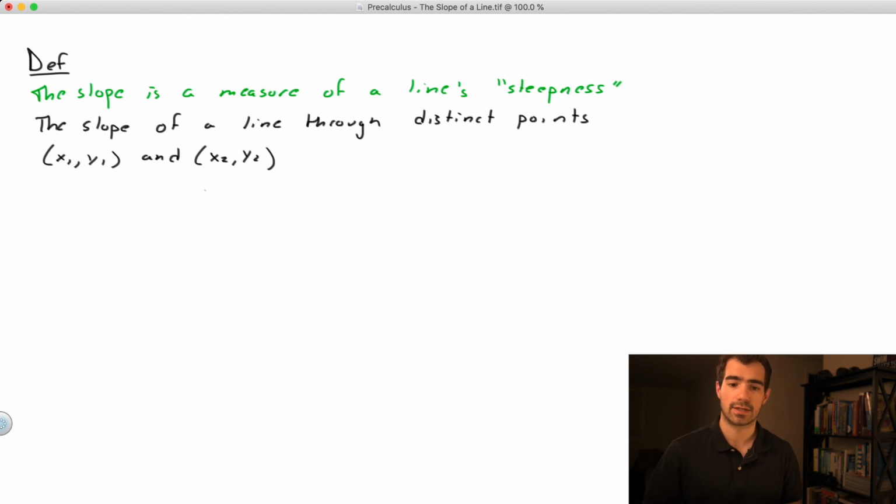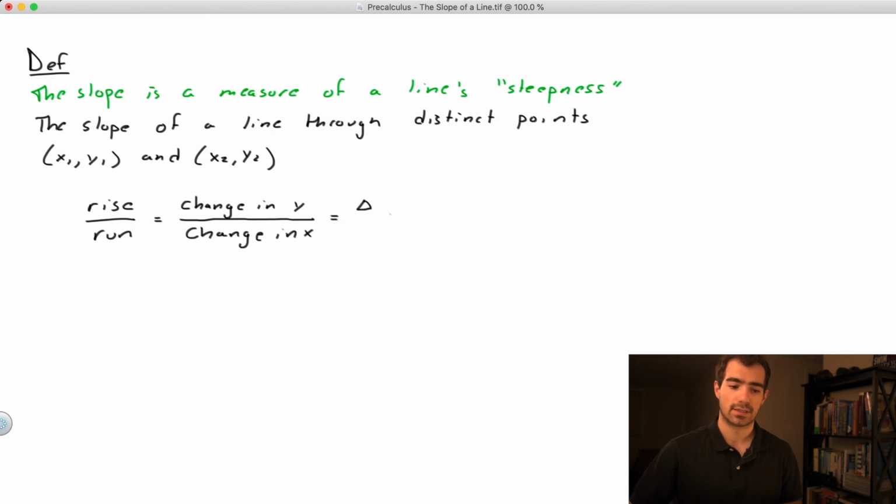So the slope of a line through distinct points x1, y1, and x2, y2 is defined as the rise over the run, or in other words, the change in y over the change in x,